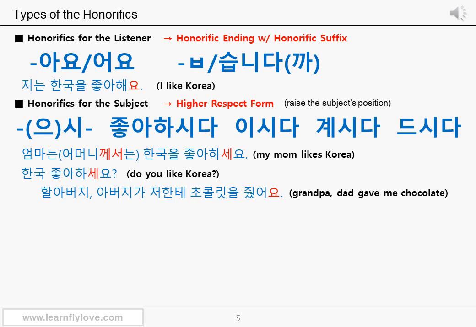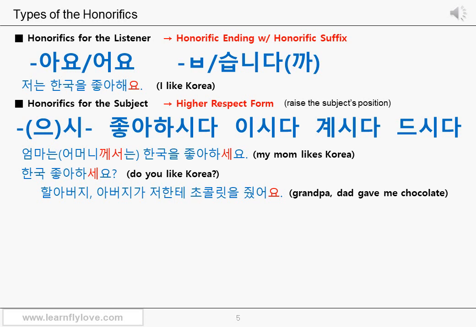The higher respect form is not just for very old people or socially higher people. Of course, you use it for older people or people who take a socially higher position than you, but you can actually use it with anyone to sound more polite. No problem. Especially with a person you don't know very well, or a stranger. Even though you're very close to this person and have become good friends, you can keep using higher respect forms when this relationship is from your social life. Even if your age is equal to this person's, no problem. It's your choice.